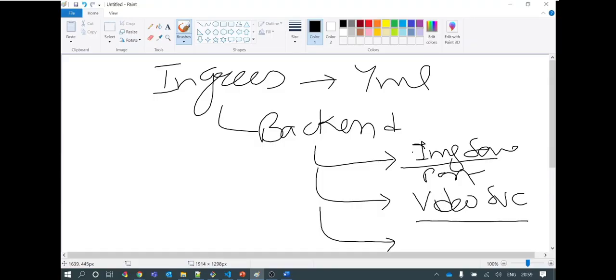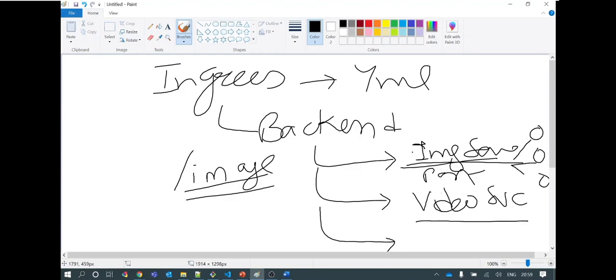Now whenever traffic comes, whenever the application URL has /image, it is called path based routing, right? If the application URL has suffix as image, it will go to the image service and it will be served by the blue pods that are deployed and running here.